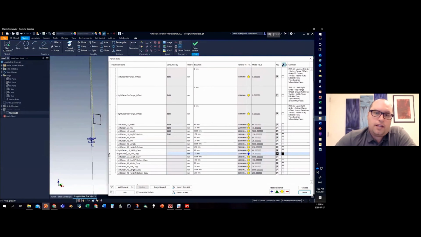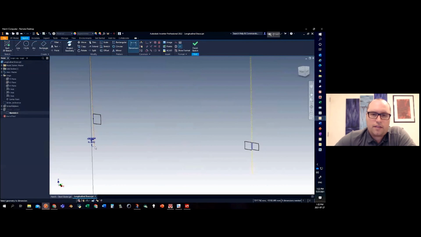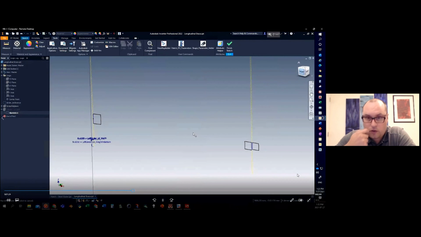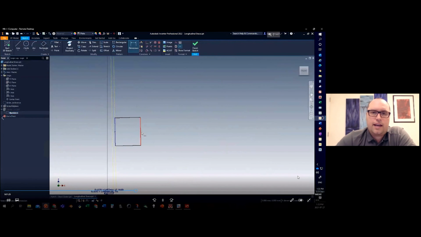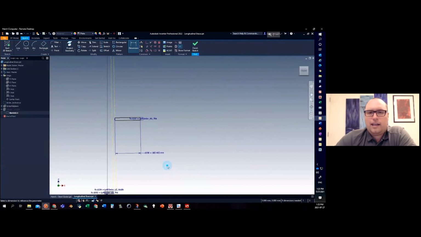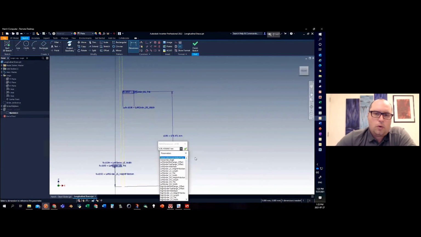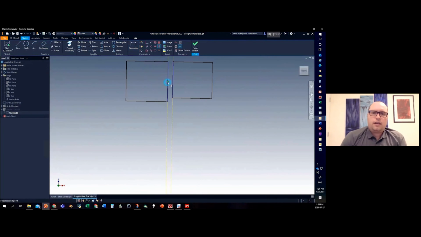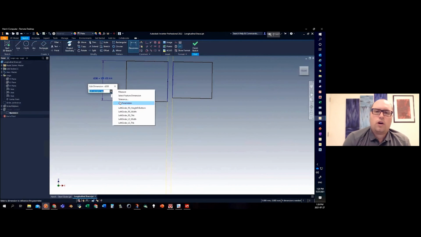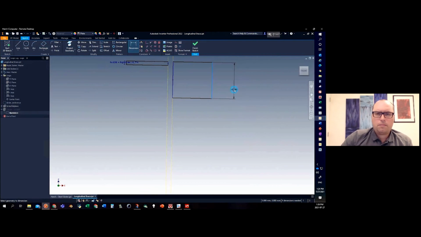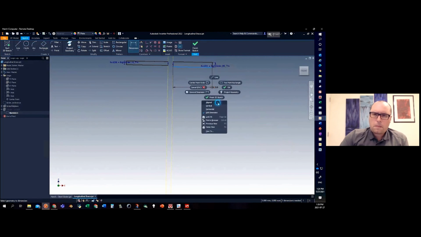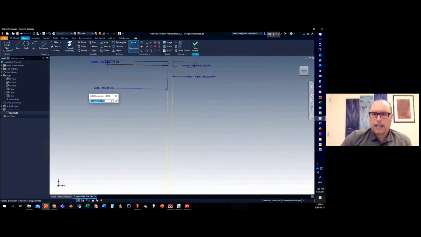Now, the challenge with this is always naming something that will make sense to somebody else who's picking it up later. So here I'm just calling it the right girder RSTHK. You'd hope that the person who's using this next would understand what changing that parameter would do in the model. And that's a bit of the challenge. The way that's addressed in InfraWorks, later on we'll see, is that they have a tooltip feature you can put into it. But again, that was a bit clunky in InfraWorks.